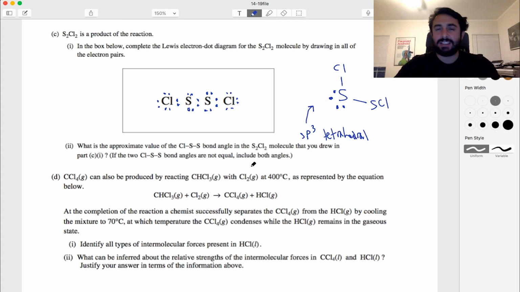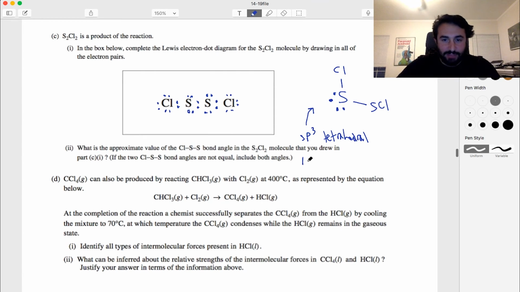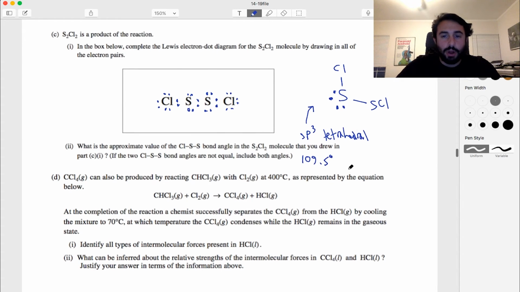So the easiest thing to do is to just use the bond angle that you've memorized. I know it's going to be different because there are lone pairs. So methane is not the same as ammonia, which is not the same as water. But we can just go ahead and use 109.5 that we memorized for methane. Let's just say 109.5. That is going to be in the acceptable range, because if you go and try to